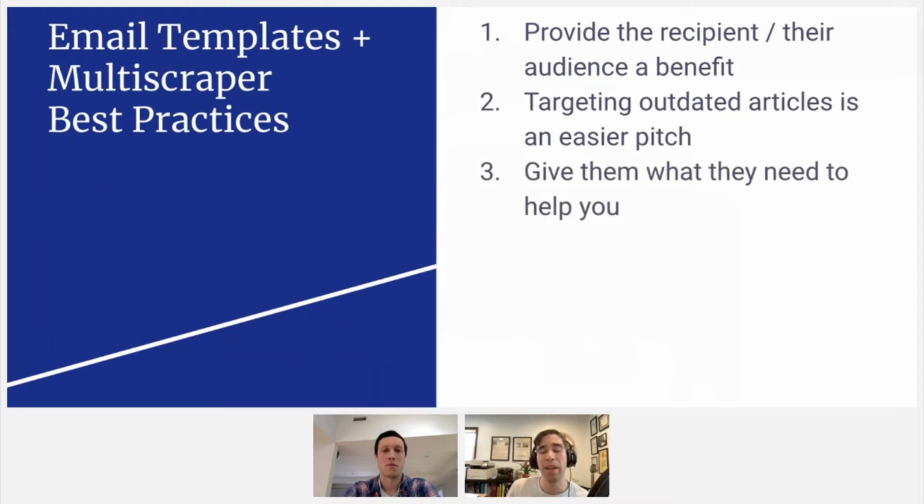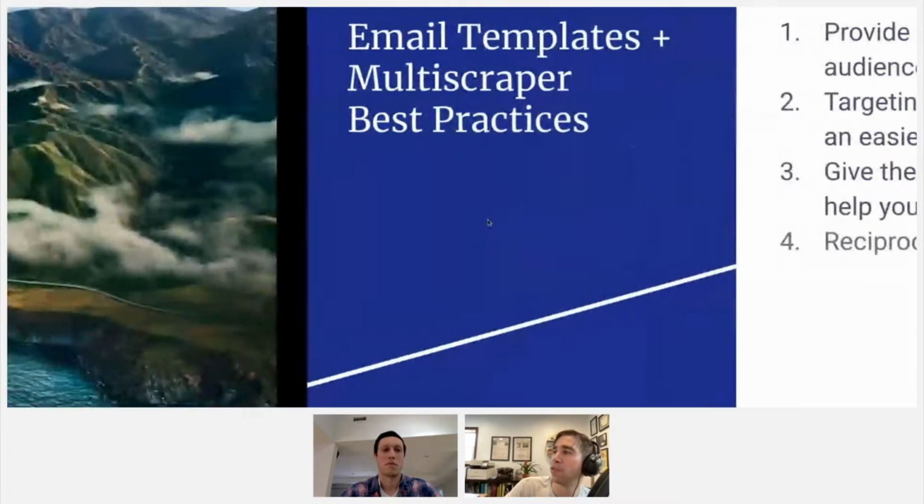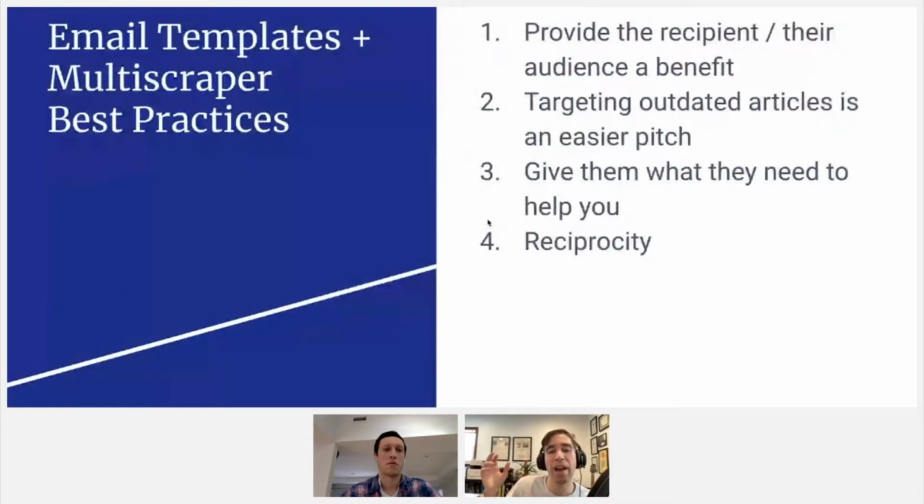The other thing is, make sure that you give the recipient what they need to be able to help you. So for example, if you're saying you're linking to an out-of-date article, you should link to my article instead, show them where the out-of-date article is so they can easily find it. And so let's see if I had this. But basically have context for what the anchor text is, and Postaga helps with that. You can see what the anchor text is of the link that they're linking to, so they can easily go into that article and find the article that they need to update the URL for, if that makes sense.